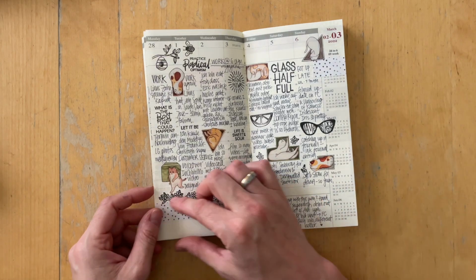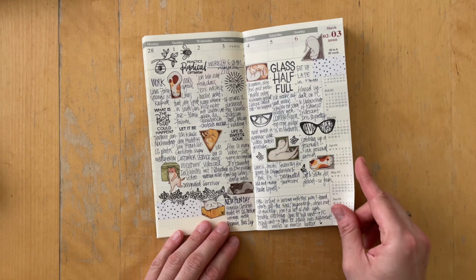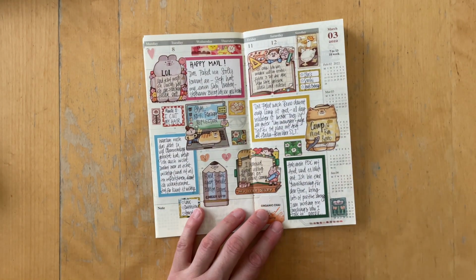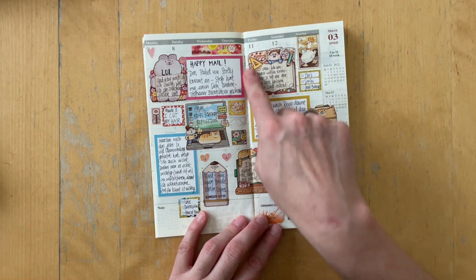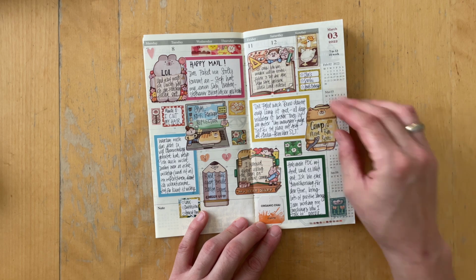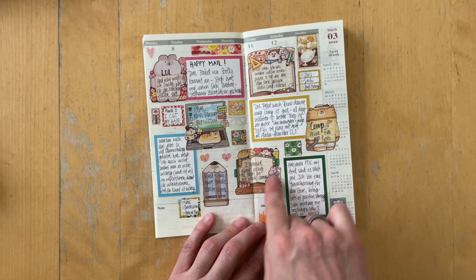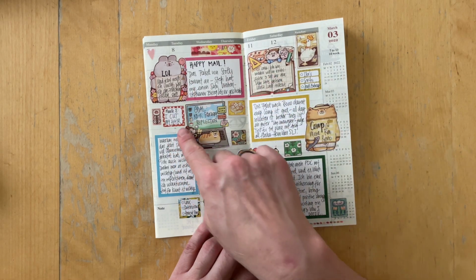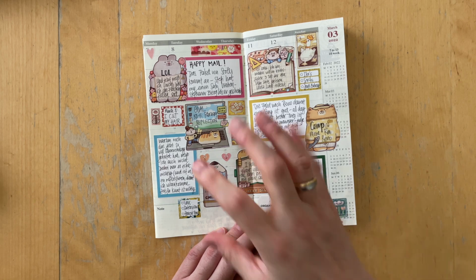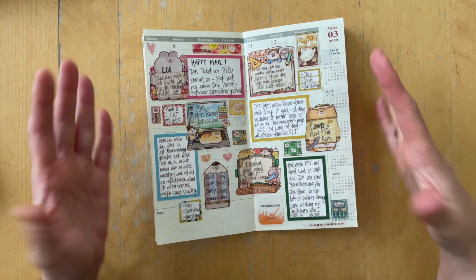Sometimes I fill it all the way to the bottom, and sometimes I don't. And then here, that was really fun. Somebody sent me this meatball stuff. It's not washi tape, it's like paper. So I used those, and since those were also kind of label-y, I found these I printed out a long time ago. These were from Brandy Kincaid, and I used those in connection with this, and I really like how